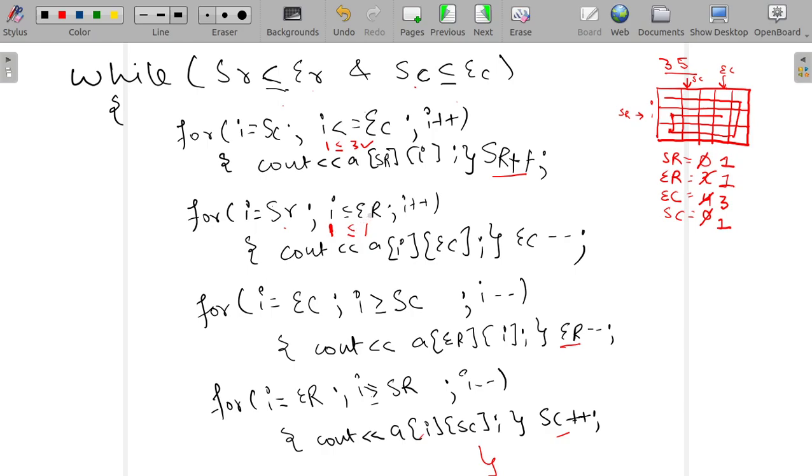Oh, sorry. When we have updated this, the value of SR has been updated. We haven't updated it. Yeah. So SR will become 2, right? So the value of I here, SR will not be 1. It will be 2. Okay. And the value of end row will be 1. Yeah. End row will be 1. So 2 is less than equals to 1. No, 2 is not less than or equals to 1, so this condition is false.